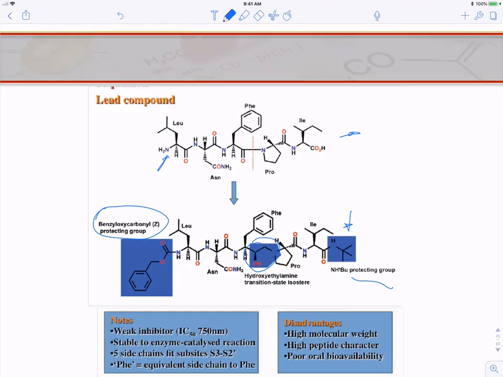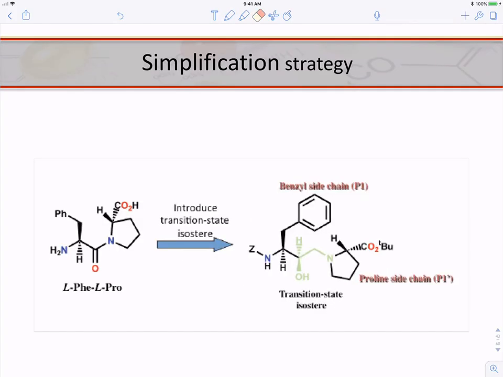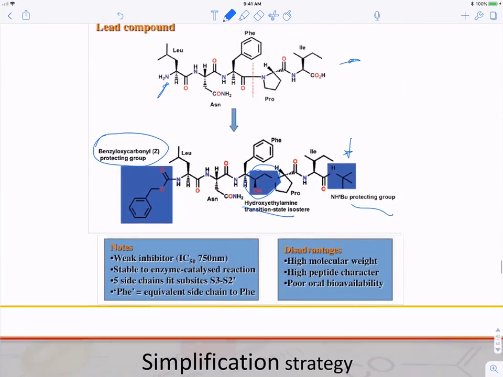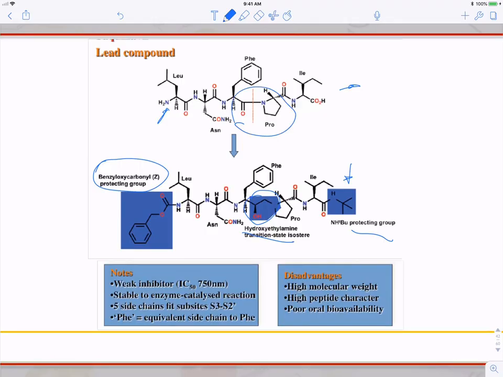And so that facilitates discovery. In contrast, the reverse transcriptase inhibitors were prodrugs, and so they needed to be metabolized to their active form. So from this lead compound, scientists used what we call a simplification strategy, which we covered when we talked about lead development in module 3, to get to something that was a little more druggable. So the idea was to focus on the minimum prerequisites for cleavage. And so, just focusing on this dipeptide, Phe-Pro, which remember is here, and it's basically what gets cleaved off in